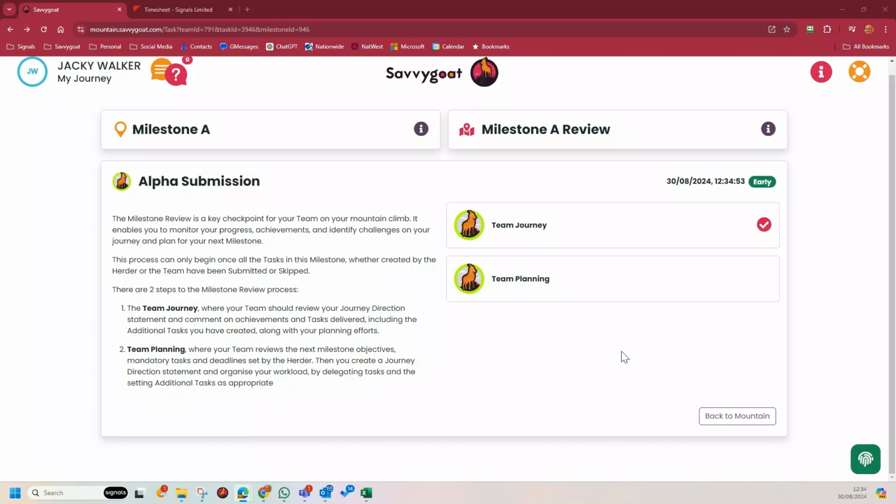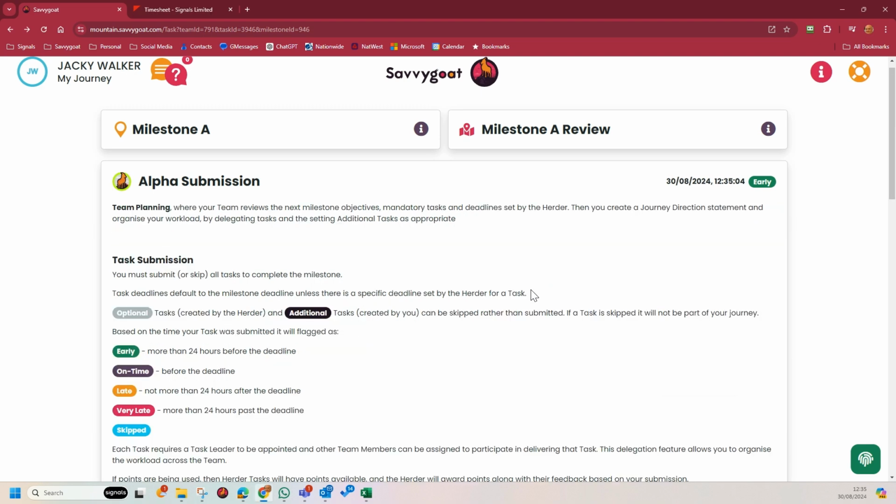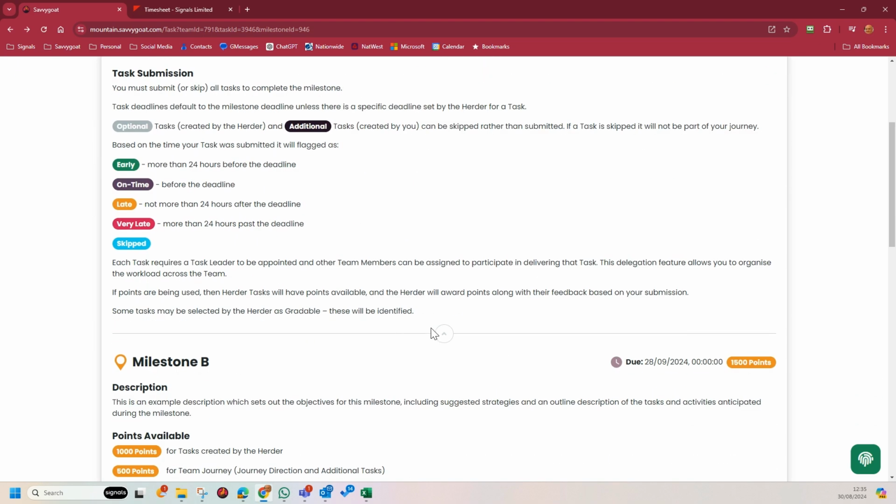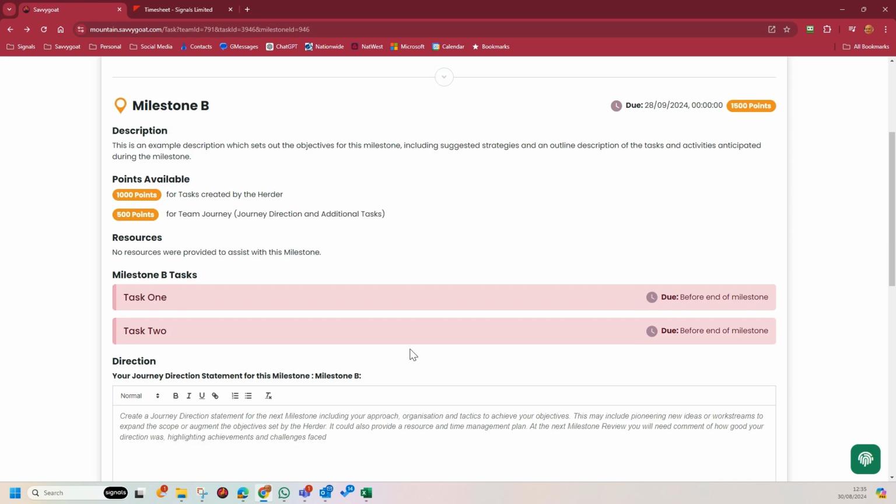The second part to the milestone review is the team planning process. This begins immediately after completing the team journey analysis part. Milestone B is the next milestone, and it will give you a description here of the objectives set out